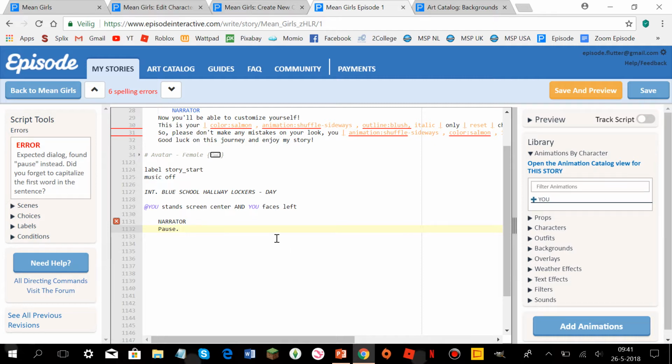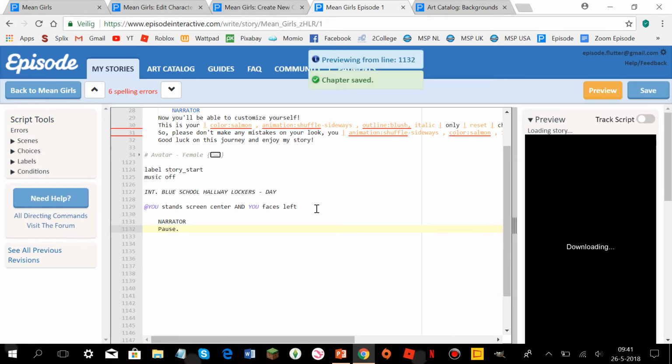I want you to make sure that you have this scene right here ready. Make sure you have the background of choice ready. Make sure you typed in your character script name, all capital, stand screen center, and you faces left, and then make the narrator say something so that you can pause your screen. After that, you click save and preview, and you don't need your phone for this anymore, but at first you had to like